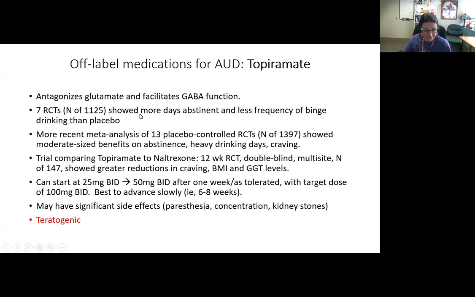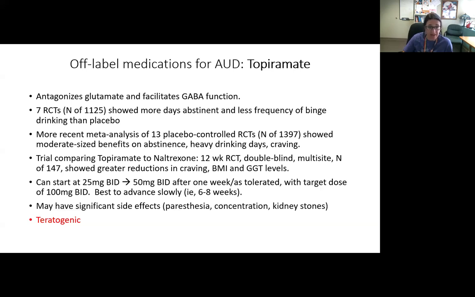Okay, and then in the last few minutes, I'll switch gears to some off-label medications, namely topiramate, because really this one has the most evidence. It's been shown to have similar evidence actually to naltrexone in terms of treatment of AUD. How does it work? It antagonizes glutamate and facilitates GABA function. Seven RCTs have shown more days abstinent and less frequency of binge drinking than placebo. Again, there's a head-to-head trial as well, partway down the slide, of topiramate compared to naltrexone, that showed